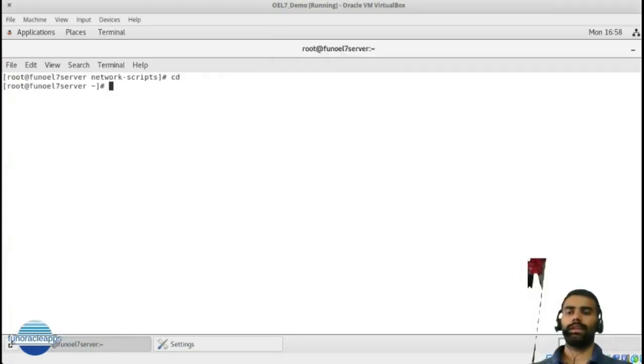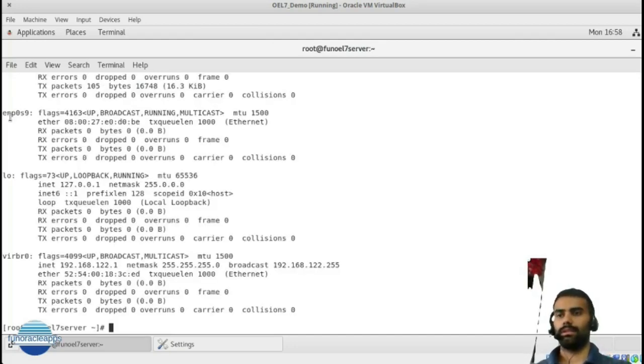Now we want to set up our second adapter. So what we have to do, first check the adapters with ifconfig. My adapter is enp0s9. So what I will do, I will go to cd /etc/sysconfig/network-scripts,